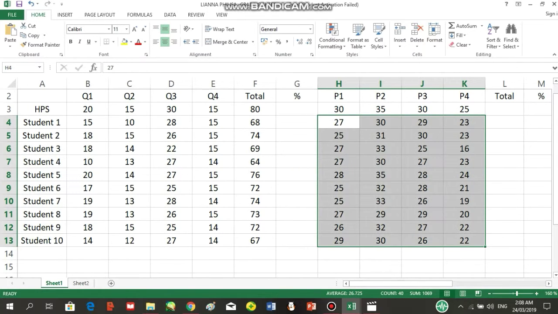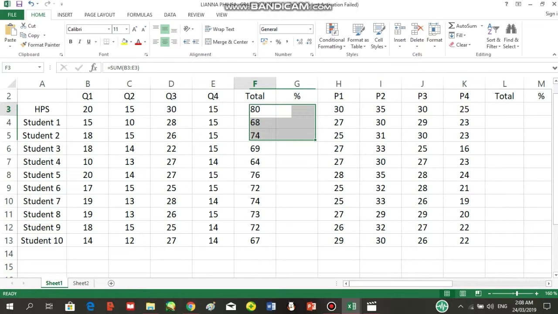We can't start computing if we don't have the data. But remember, always be careful in computing your students' grades. A single point can make a difference. Now, let us begin. First,